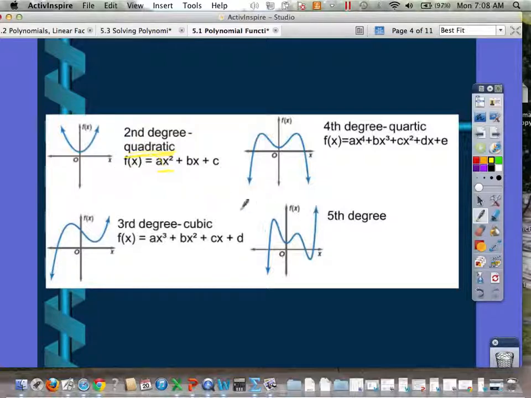All right, third degree we talked about is cubic, and this is ax cubed plus bx squared plus cx plus d, where the highest degree is a 3. That's why it's a third degree, and it's cubic. That's the name of those. You'll need to know that word, cubic. And it looks like this. It could be this way, or it could be drawn the other direction. But because this is a positive